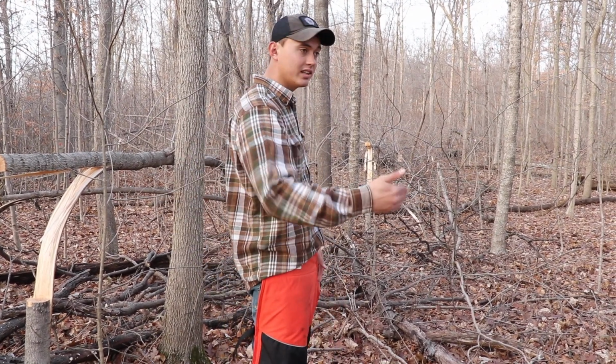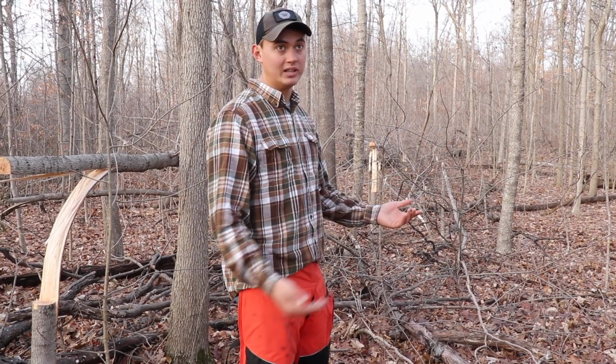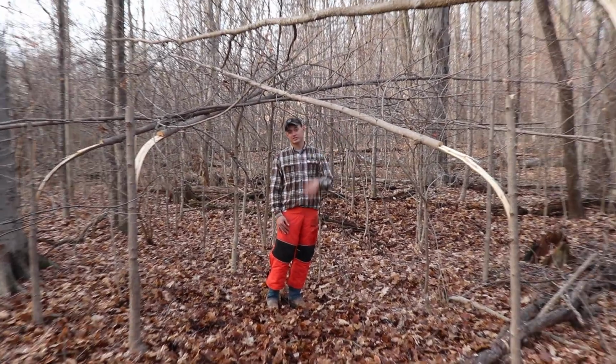So that's what we're doing. Breaking the property up, making it hunt bigger, making it feel like 30 acres of woods instead of the 8 that it really is. Okay, so where I am right now is just on the west side of that hinge